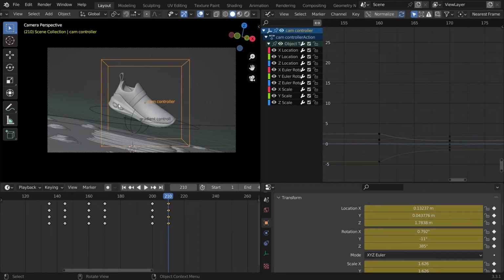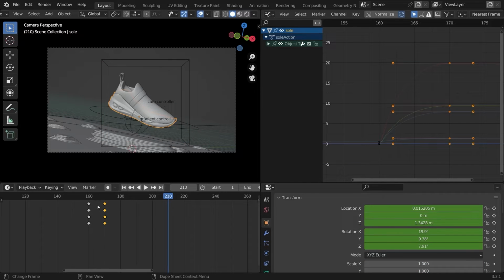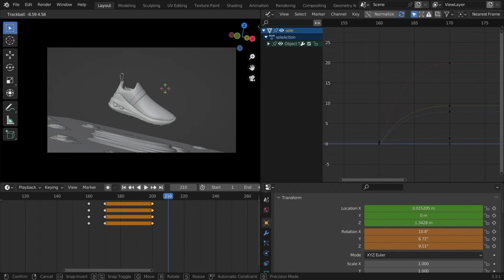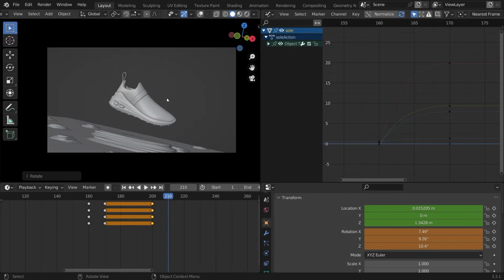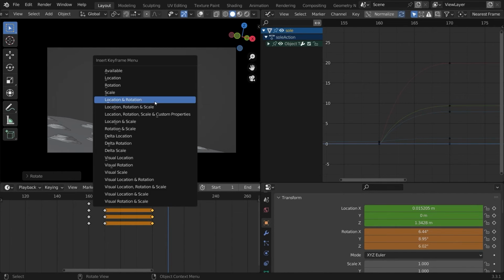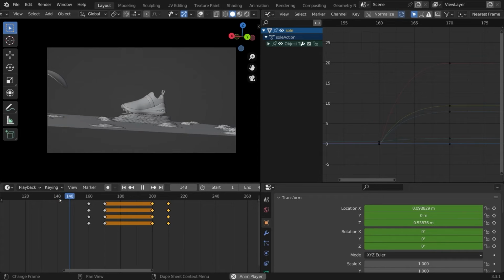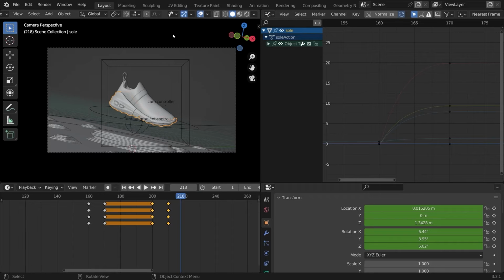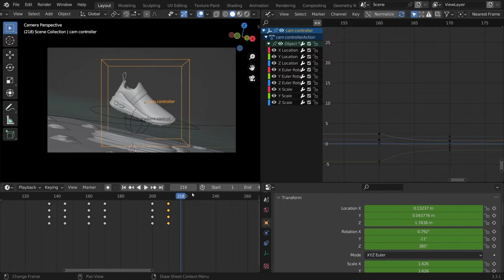Then I'm going to select the sole object, select this keyframe, Shift T to duplicate it to 200. Now let's hit double R to rotate the shoe and make it different. R, Z-axis, insert location and rotation. And now let's play this. Boom, rotate. But I want this rotation to be a little bit more juicy, so for that, select these two